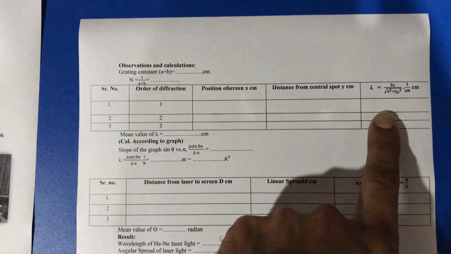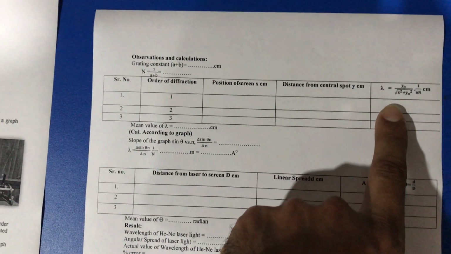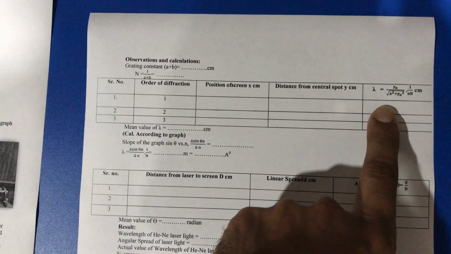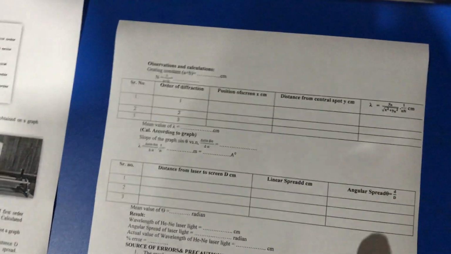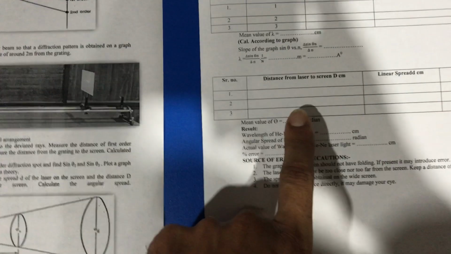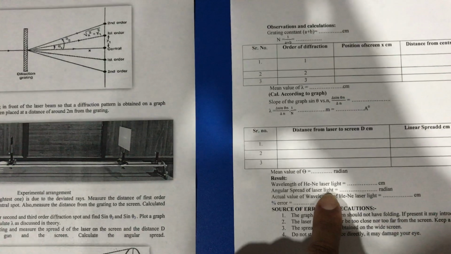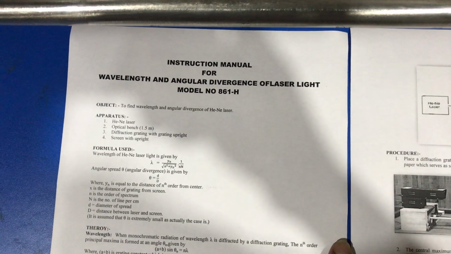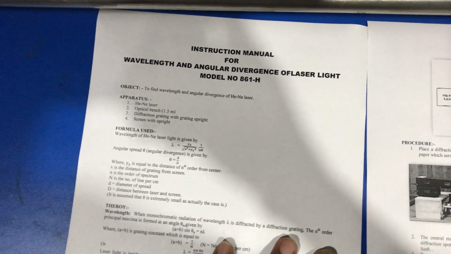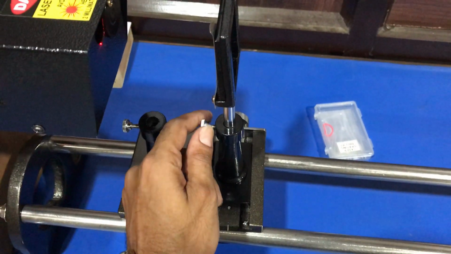And after that, by using all the values, we can calculate the value of wavelength of helium neon laser as mentioned in the manual. After that we calculate the value of divergence of laser. In order to calculate the value of angular divergence, we just remove this grating holder